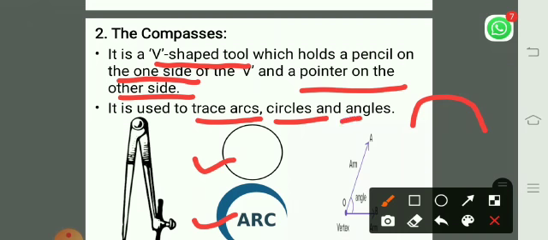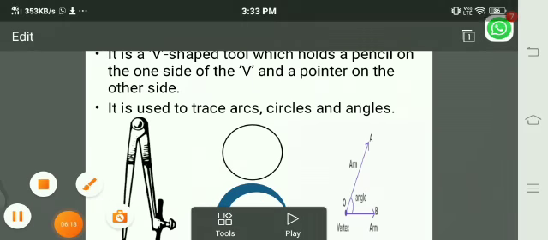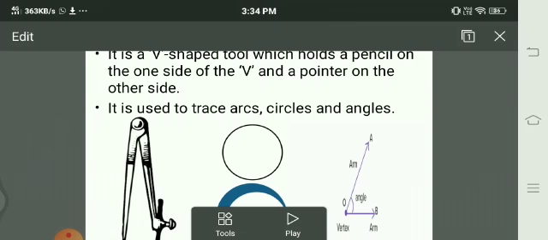Third one, it is used to trace angles. So what is meant by angle? I have shown here angle AOB. Suppose these are the two rays, and if we want to measure the angle between these two, we can draw an arc like this. This arc can be drawn with the help of a compass. Means the compass is used to trace